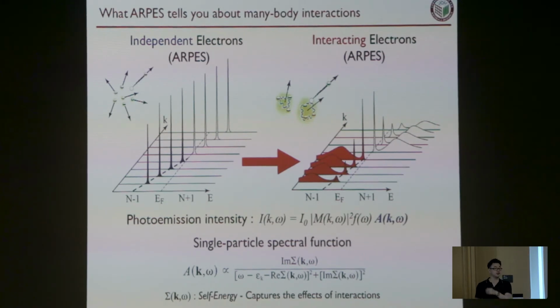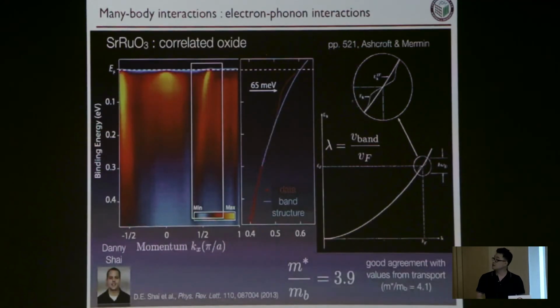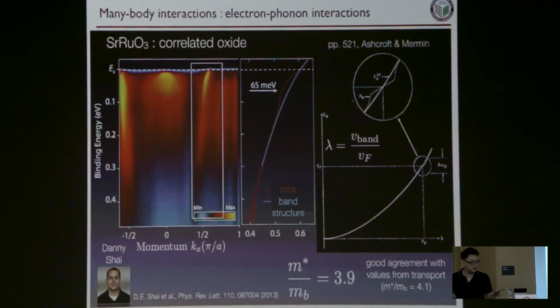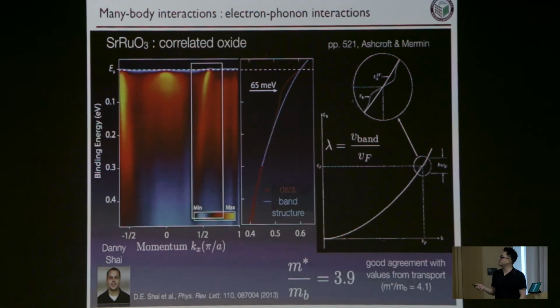So for instance, if you're interested in whether what I see in my photoemission experiment is due to an electron-phonon interaction or an electron-electron interaction, you can quantitatively compare those things by analyzing the data in various ways. So I guess I'll end with this one, as I have 1 minute for questions. Here's an example of some work we did a while back,